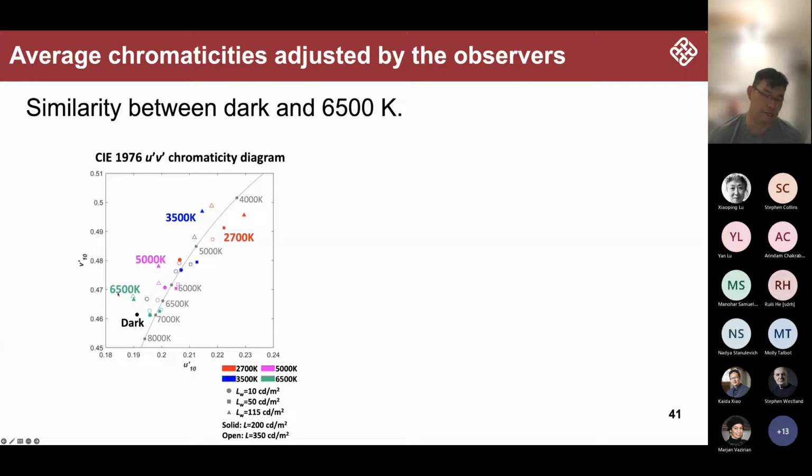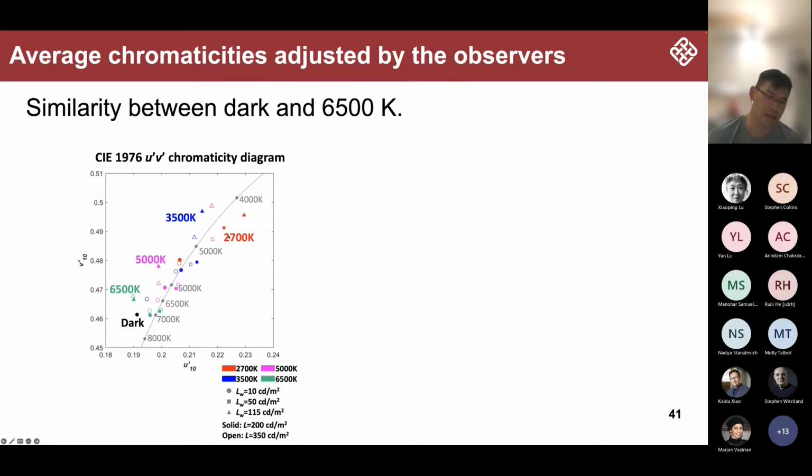And you can see that under the 6500K lighting conditions, the luminance of the ambient condition doesn't really matter. You can see that we have 3 different shapes, and they are actually close to each other. Also the luminance of the display, or the luminance of the stimulus, doesn't matter either, right? They are very close to each other. Which means we have a very good similarity between the dark condition and the 6500K condition. So unrelated color is not completely different from the related color, as long as the related color was perceived under 6500K.